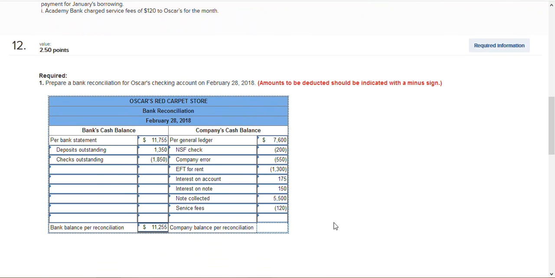Add and subtract. All right, and when I add and subtract all those, I get $11,255, which is great news, because what I want to see is this balance over here being equal to this